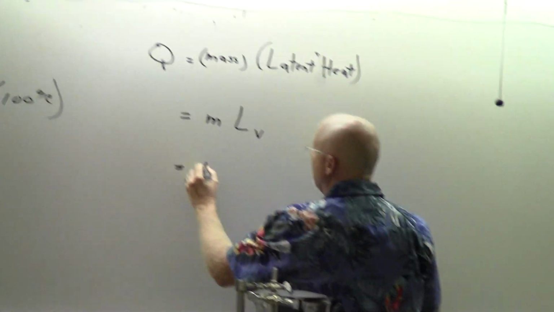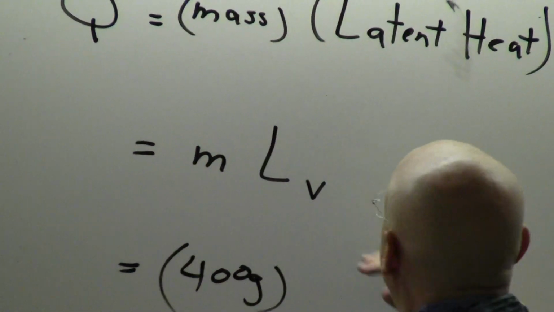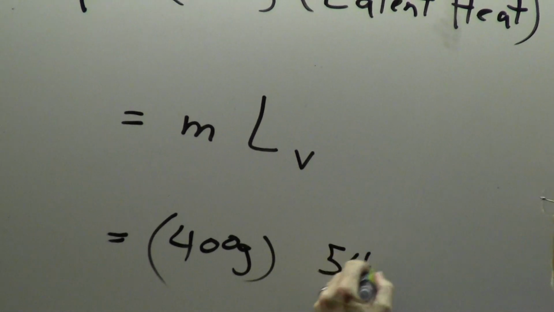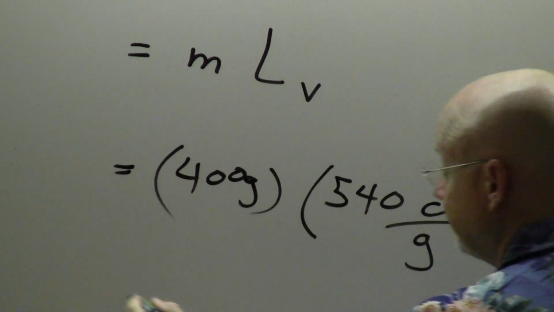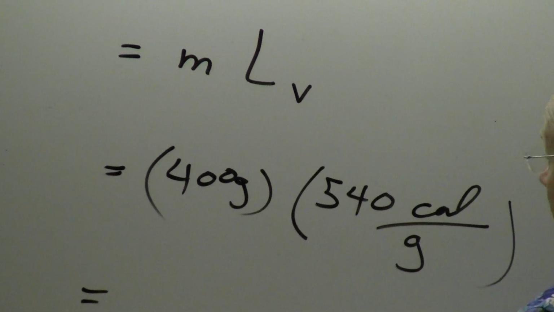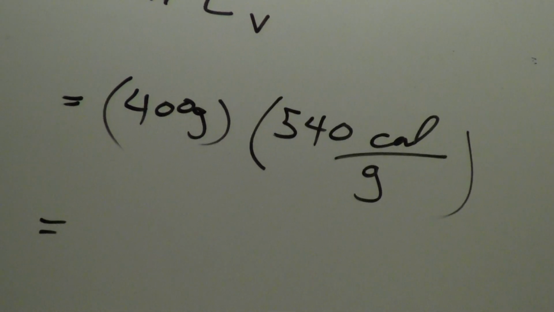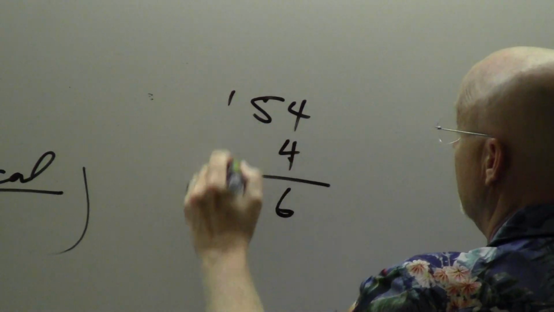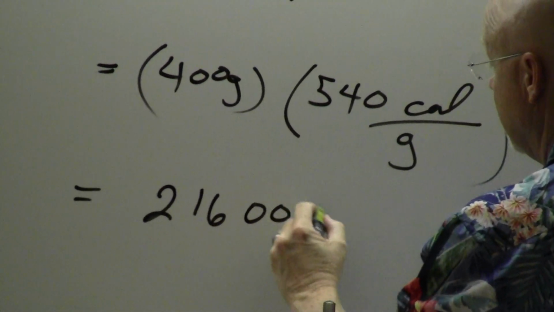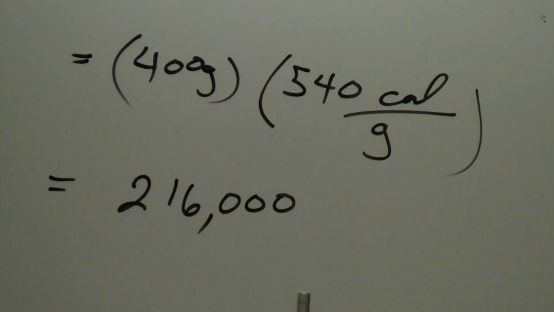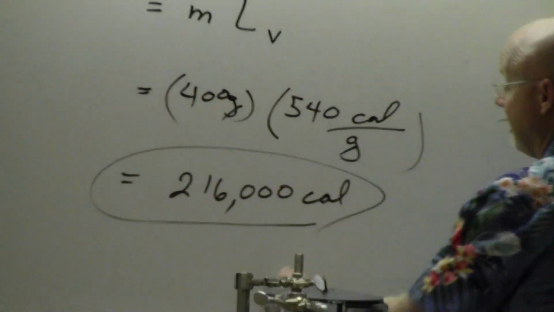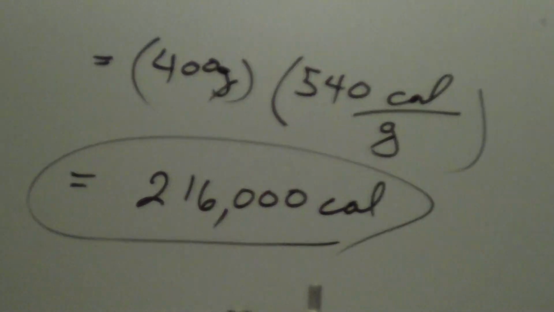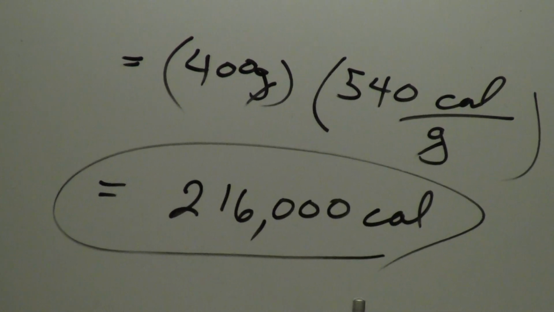Okay, so if I come over here, I can put in my 400 grams. I can then put in this latent heat of vaporization, and that's 540 calories per gram. What does this come out to be? 54 times 4 is 216, and 3 zeros. So 216,000 calories then is the amount of energy required to break all of the bonds and boil away this 400